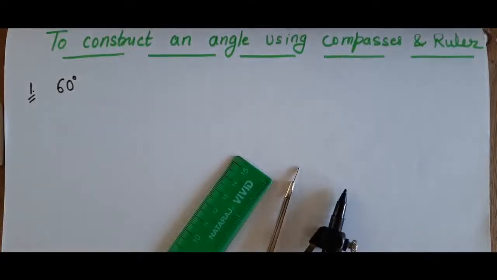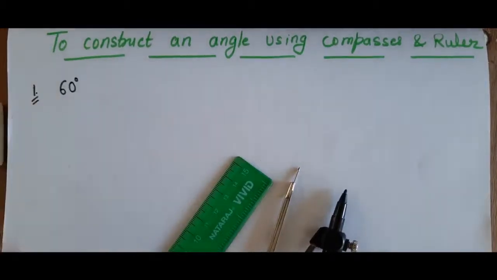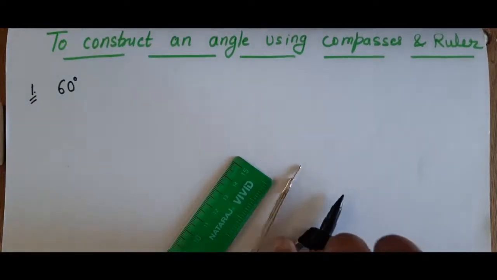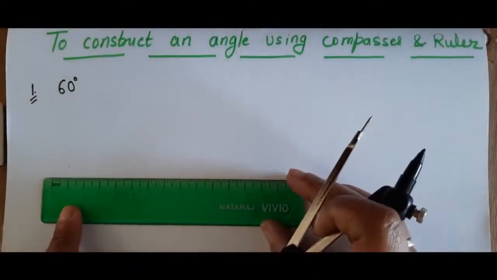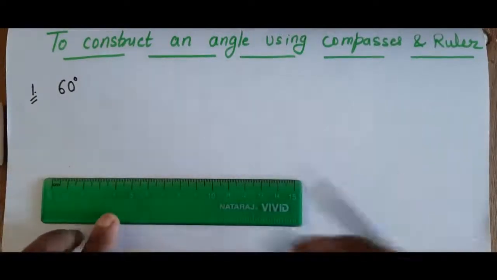Hello my dear students. Today we will learn how to construct an angle using compasses and ruler. So first we will make an angle of 60 degree. For this you will draw a ray. Draw a ray first using ruler